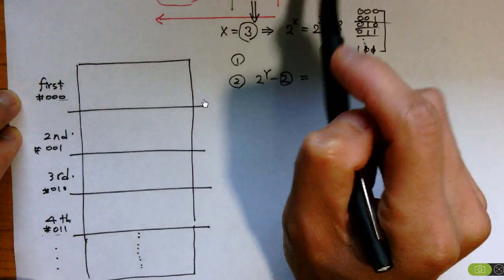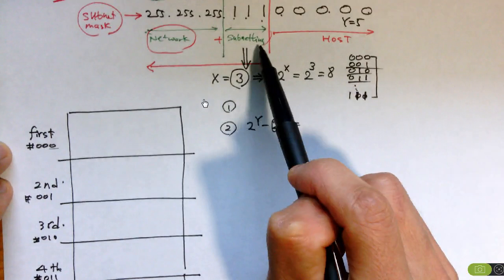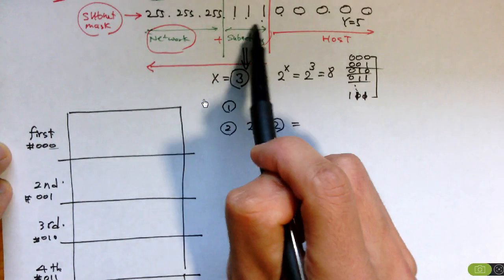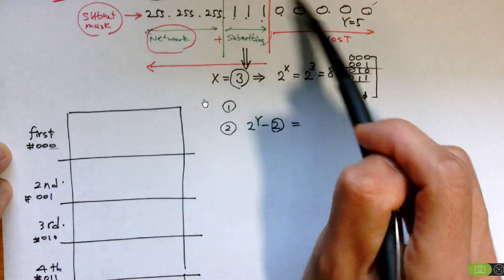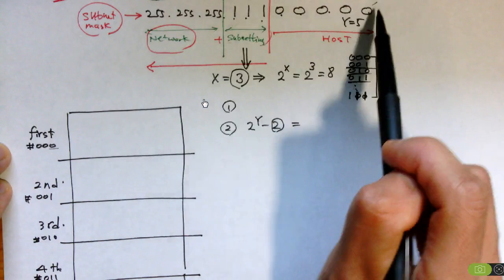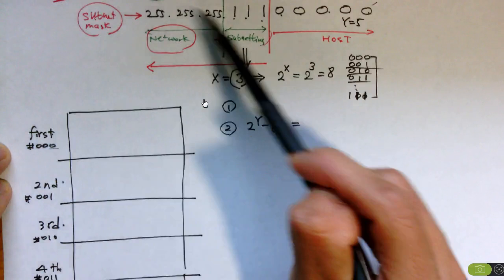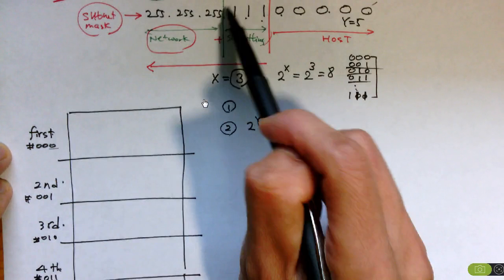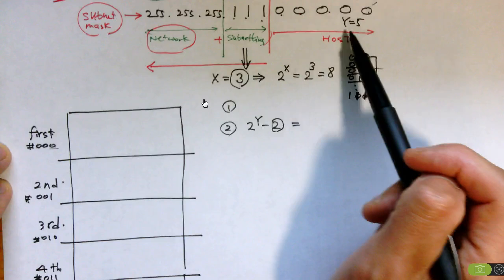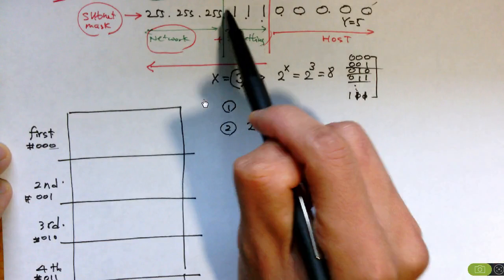And you can say that, by the way, another way of putting this is you borrow the 3 bits from the host portion. So this is a class C, right? Originally you are supposed to have 8 bits for the host portion, but with the subnetting, 3 bits are borrowed from the host portion. So now your host portion is reduced to 5 bits from 8,